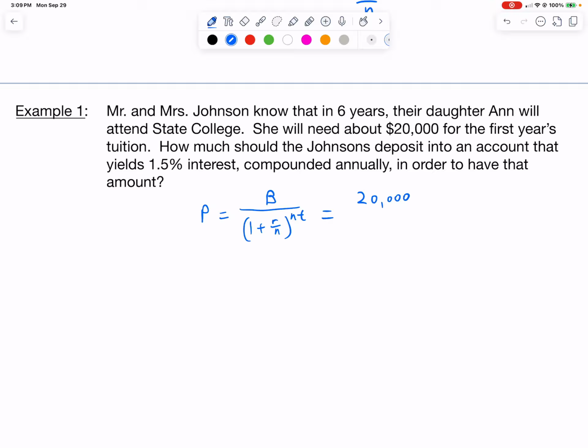Okay, so we know that they're going to need $20,000 at the end of 6 years, okay? And that's going to be divided by 1 plus the rate in decimal form, so this is going to be 0.015, divided by the compounding frequency. Here it's compounded annually, so the frequency is just 1, raised to the 1, which is the compounding frequency again, times t, which is 6 years, okay? And if we go ahead and punch that into the calculator, we would get